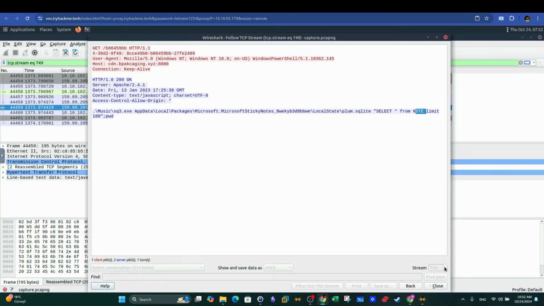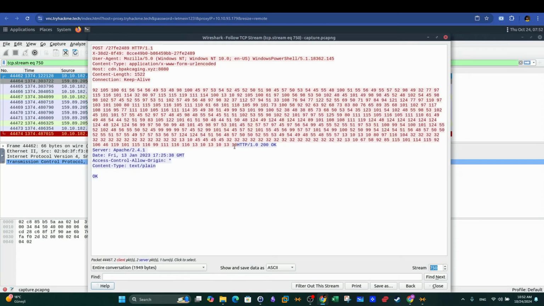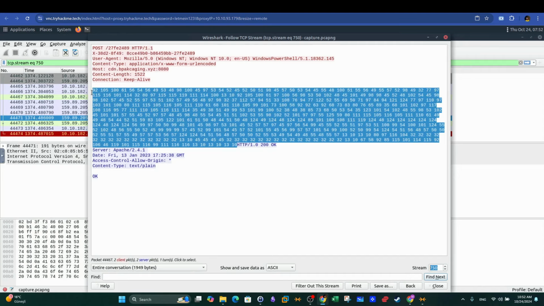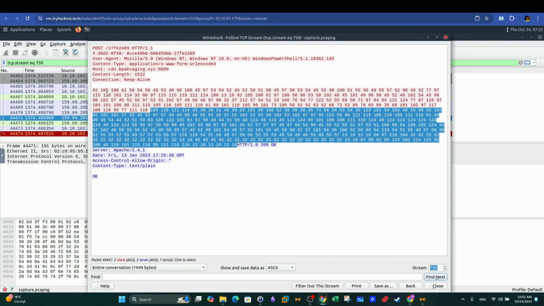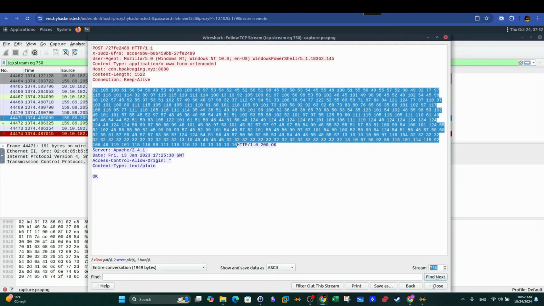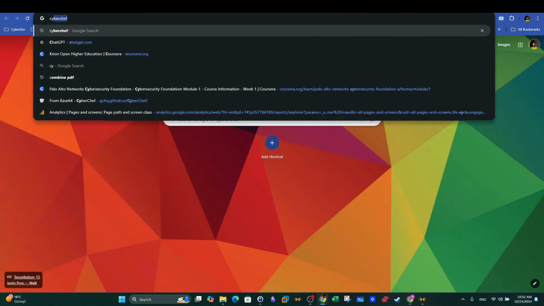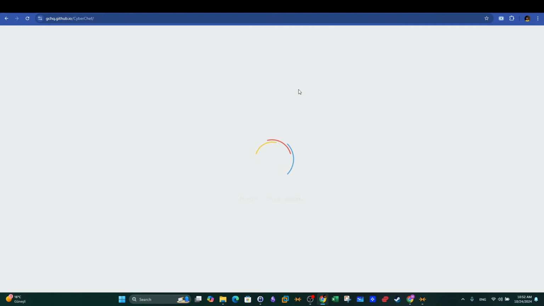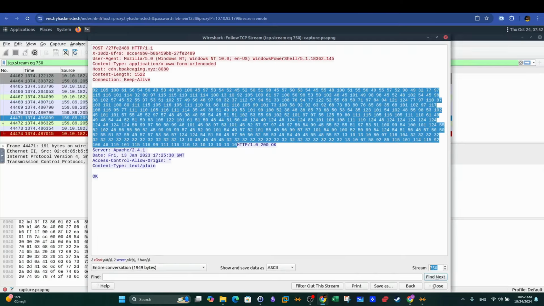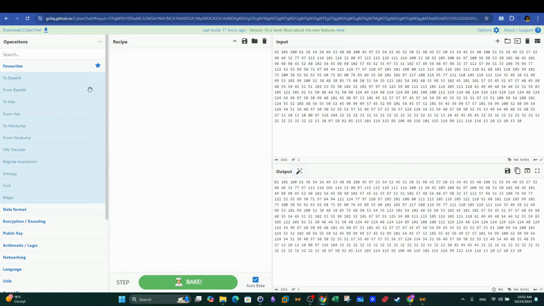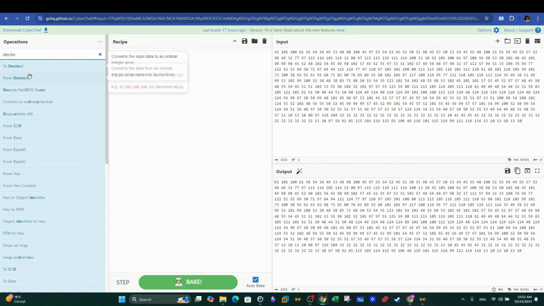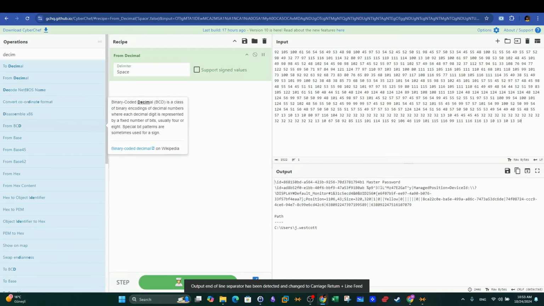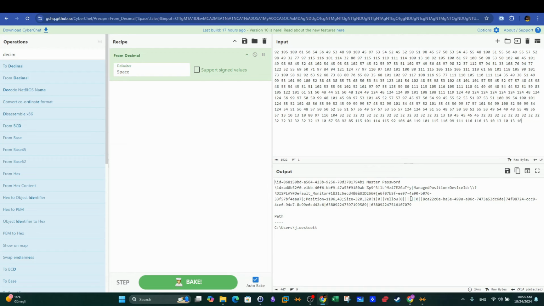Let's see the response from the server. And in the response, we have got this. This is a decimal string. We're gonna have to decode this. So we're gonna copy that and use CyberChef. When you use From Decimal, we actually decoded this, and we can see here the text strings, and there